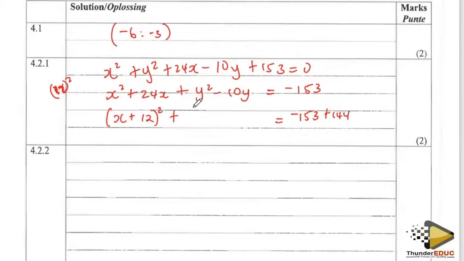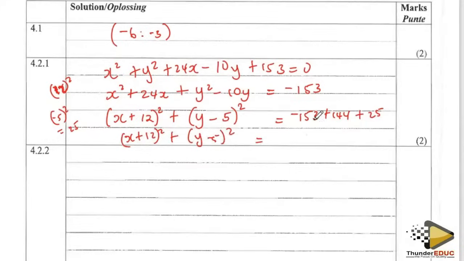And then we do the same thing with the y. This is y. The sign is negative. A half of 10 is a 5. We know that negative 5 or positive 5 squared must give us a 25. So I'm going to plus the 25 inside. And this is going to be x plus 12 squared plus y minus 5 squared is equal to, I simplify my right-hand side, I have negative 153 plus 144 plus 25,